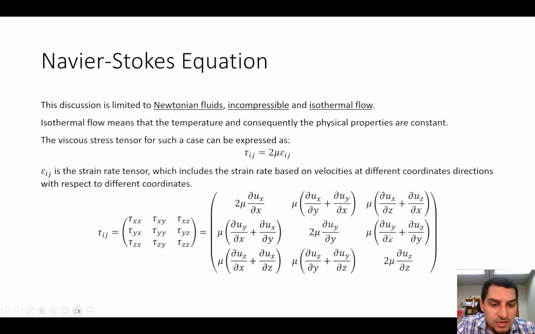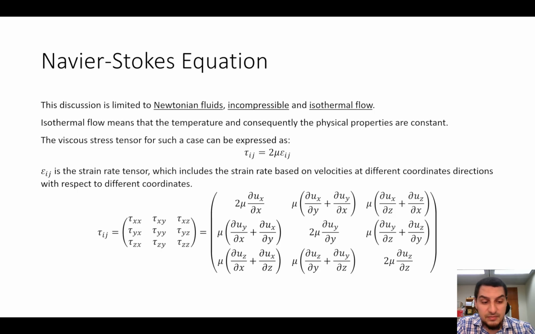So all of them are du by dy, dx, or dz, but they are in different coordinates. Anyway, to make this long story short, what I want here is that now we have an expression for tau ij, or tau xx, tau xy, tau xz,